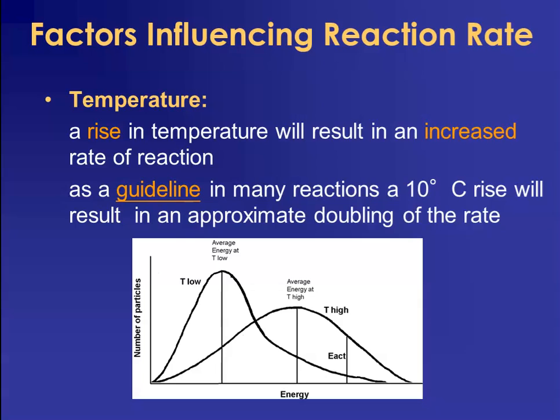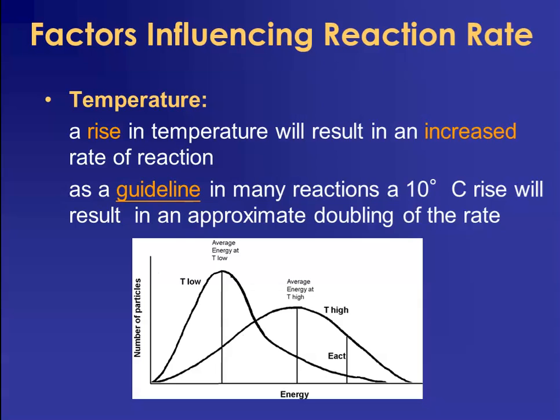And when you take a look at this graph below, I want you to notice that you have two temperatures that are being examined, T low and T high. And then I also want you to notice a line towards the end of the two curves that are on it. Energy is on your x-axis, but then you see E act down there at the far right-hand side, your activation energy. That would be the threshold energy those particles need to reach to be able to achieve that transition state. So you've got your number of particles on your y-axis, and at the low temperature, you have